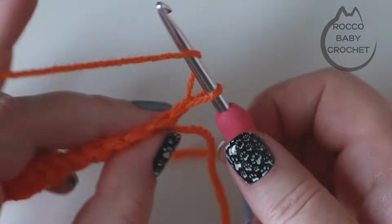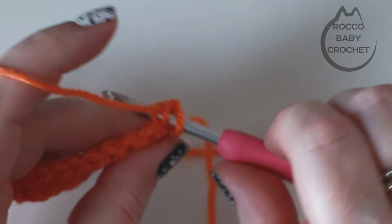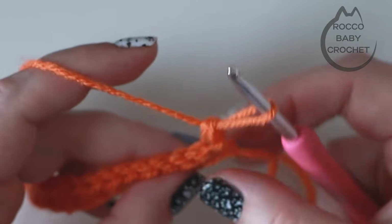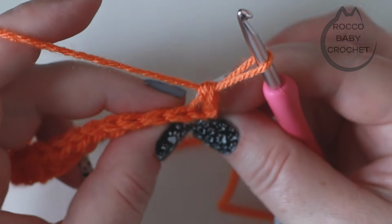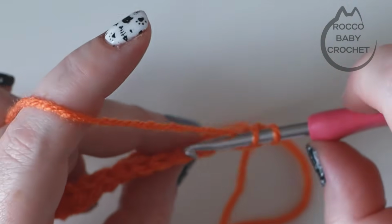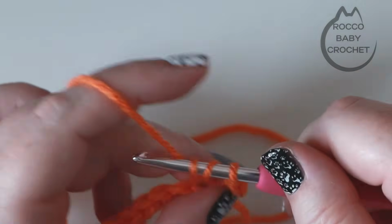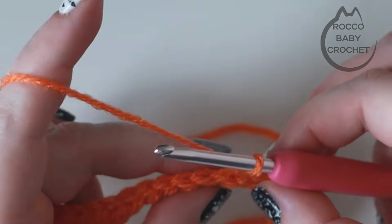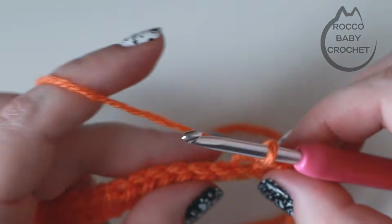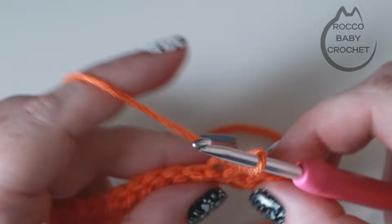So what we need to do is we yarn over, insert your hook just underneath that back loop there, pull up a loop, yarn over and pull through all 3 loops. Move into your next stitch. Again, you'll need to just rotate your work towards you a little bit to see the top of those stitches. Yarn over, insert under just the back loop only, yarn over and pull up a loop, yarn over, pull through all 3 loops. And you'll do that placing 1 UK half treble crochet in every stitch along for row 2,